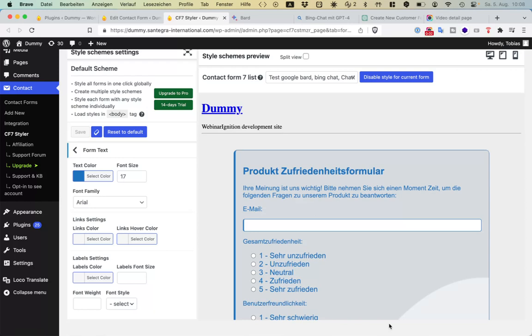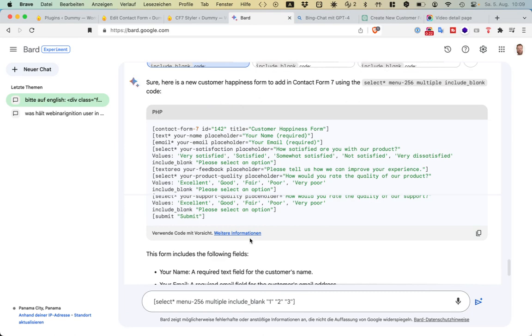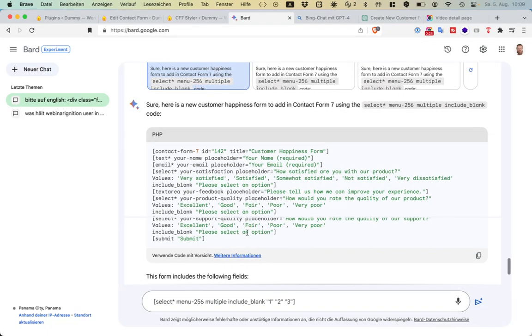Creating a Contact Form 7 form with artificial intelligence. We tried Bing, ChatGPT, and Bard from Google and translated it into our favorite language, German, Alemannia, Deutsch. Let's go for Bard. We asked it to do a form